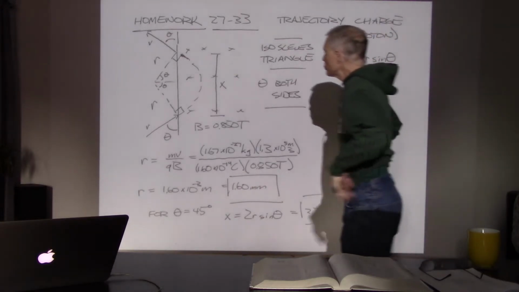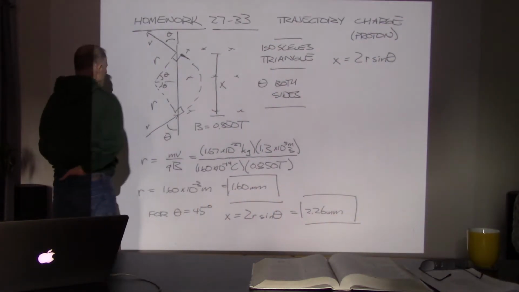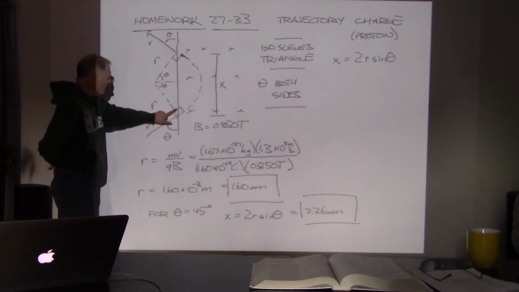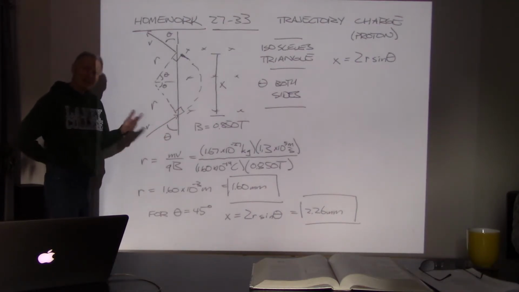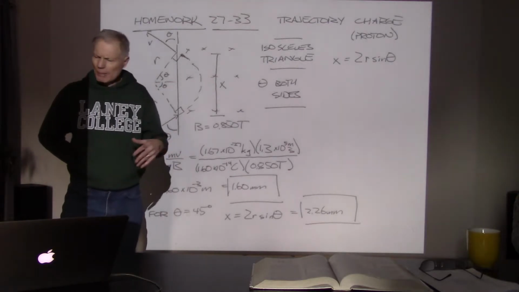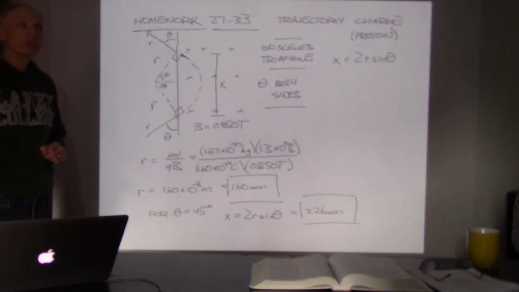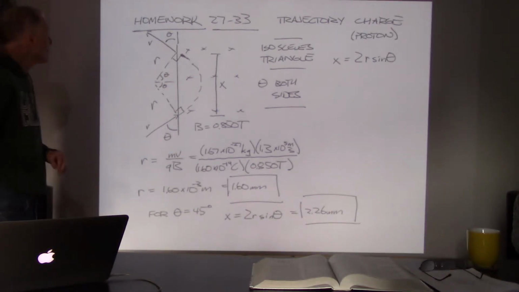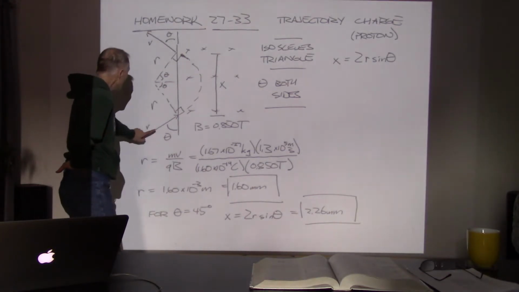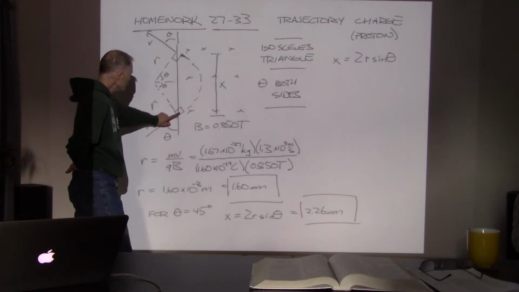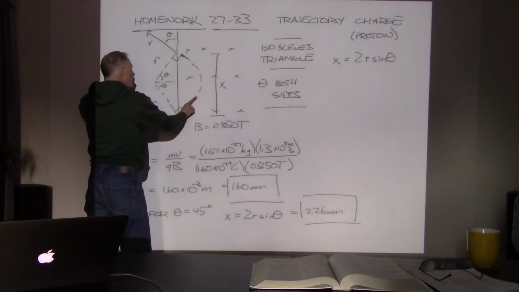This is not a true type 3 problem. Let's see. So they said that this comes in at 45 degrees, but I generalized that. I said, well, wait, maybe we don't have to jump to conclusions. Maybe we can just put a theta in there for now and see what we can figure out. Now, if I put theta in here, as soon as it reaches this region, that proton is going into circular